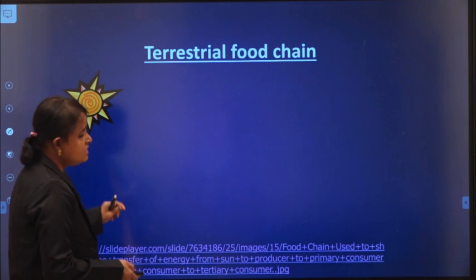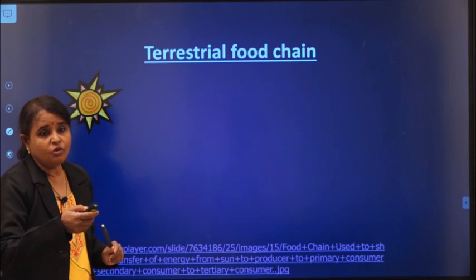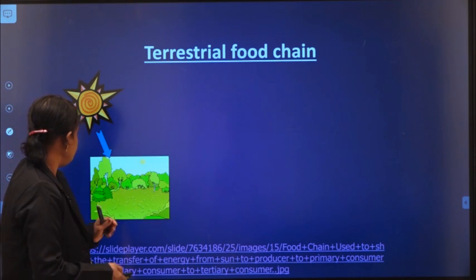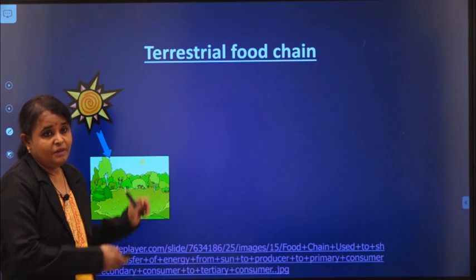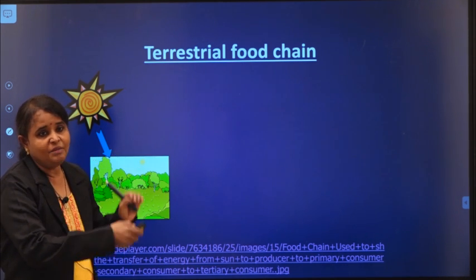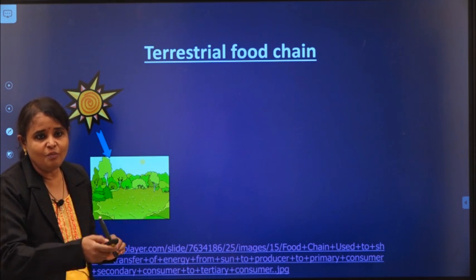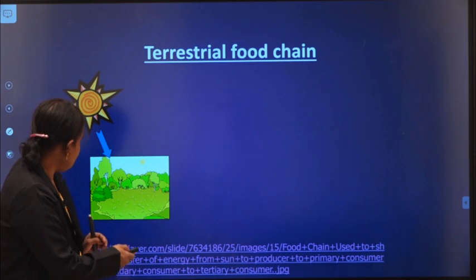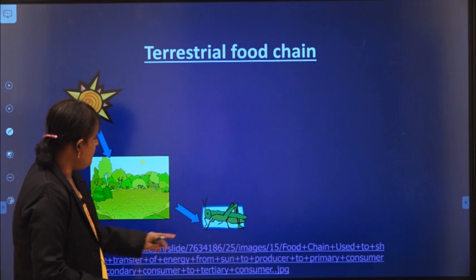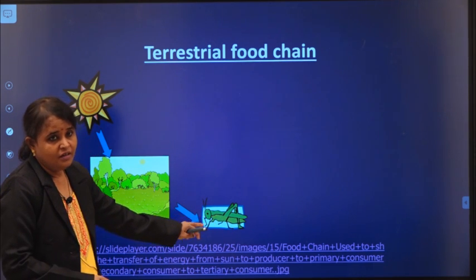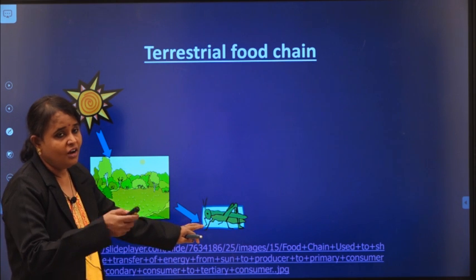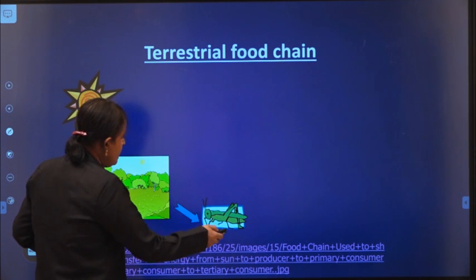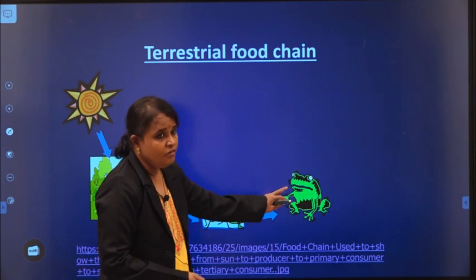See, this is the sunlight. Plants, as I told you in energy flow, get energy from the sunlight. That means they convert that radiant energy into chemical energy. Plants prepare their own food material by a process known as photosynthesis. Right? Now you can see the energy from the plants transfers to the grasshopper. Some amount of energy transfers, as I already discussed about energy. So now this grass is eaten by the grasshopper, which is eaten by the frog.